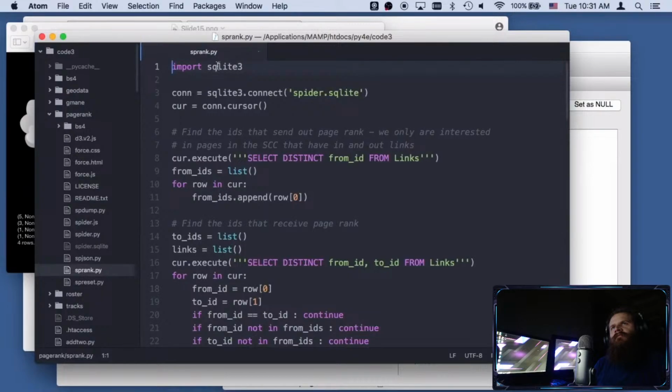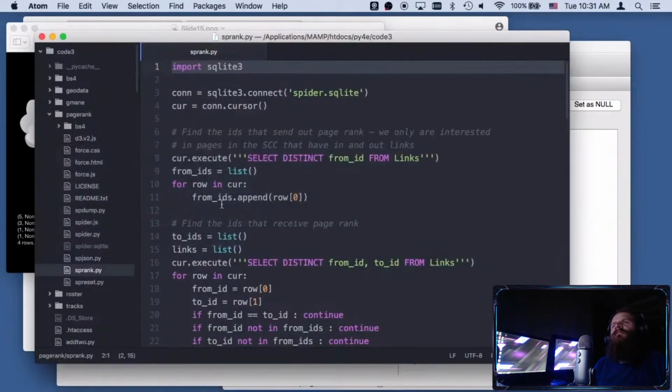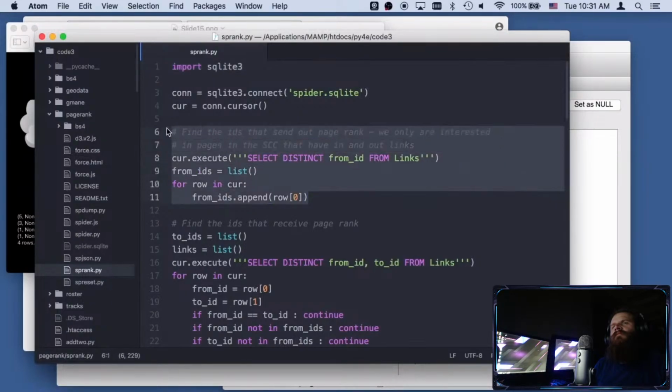Okay, so let's take a look at the code for the PageRank algorithm. So this is pretty simple. It only imports SQLite 3 because it's really doing everything in the database, right? It's going to be updating these columns right here in the database. And so we're going to do some things here to speed this up. This rank runs, if you're thinking of Google, this rank runs slowly, and it's going to run continuously to keep